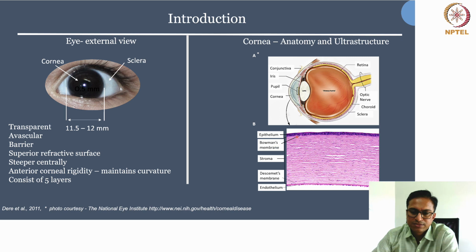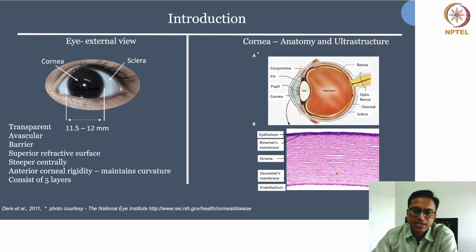And then the next is the acellular layer present between epithelium and the stroma. Stroma is the major part of the cornea. Almost more than 75% to 80% of the cornea is made up of stroma. But in between stroma and epithelium is the Bowman's membrane, which is an acellular layer where mostly basement membrane type of matrix components are present, and it separates the epithelium and the stroma. And then the stroma is the major component of the cornea, and here